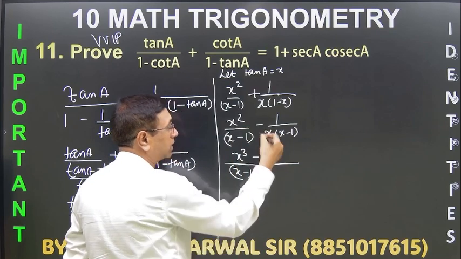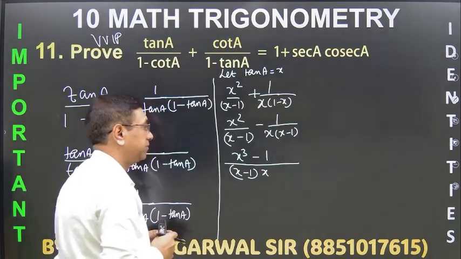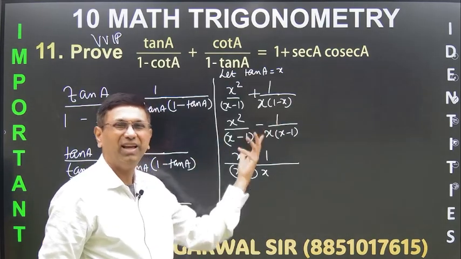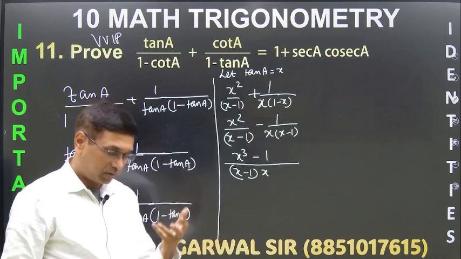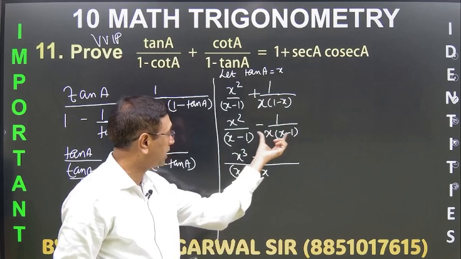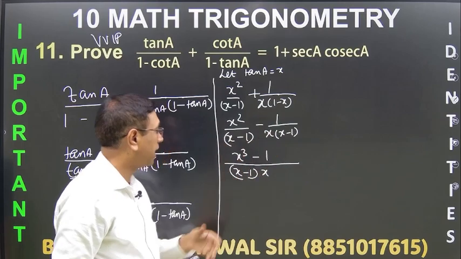Divide it, 1 आता है तो only 1 will get multiplied. कुछ बच्चे क्या करते हैं, इसको पूरा इधर multiply कर देंगे, इधर कर देंगे, unnecessarily making your calculation difficult. So you see the LCM is x minus 1 into x. So when you divide it, x आएगा, that is how.